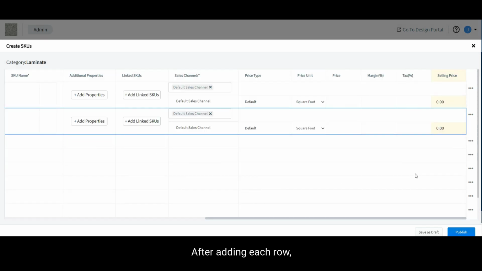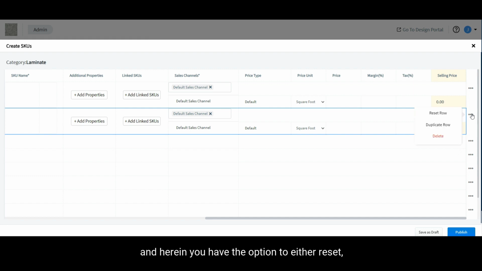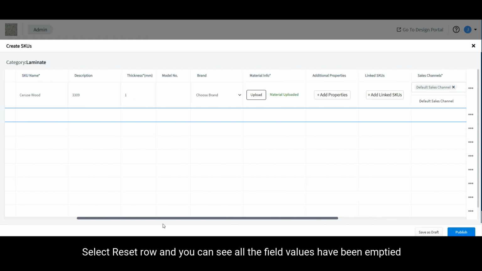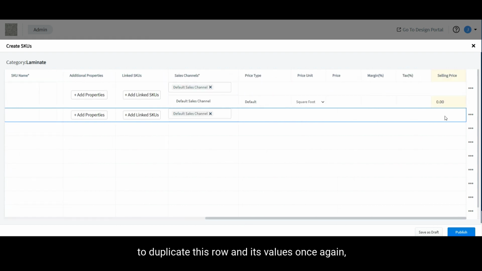After adding each row, you have the option of selecting the three dot button against that particular row, and herein you have the option to either reset, duplicate the row, or delete it. To reset this row's properties to its default value, select Reset Row, and you can see all the field values have been emptied. To duplicate this row and its values, once again click on the three dot button and select Duplicate Row,